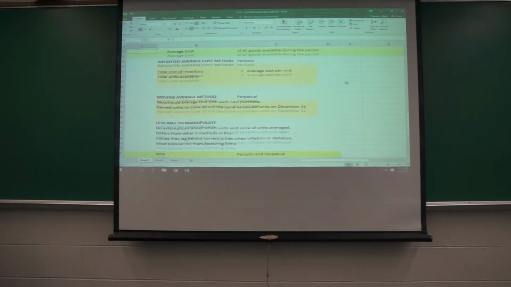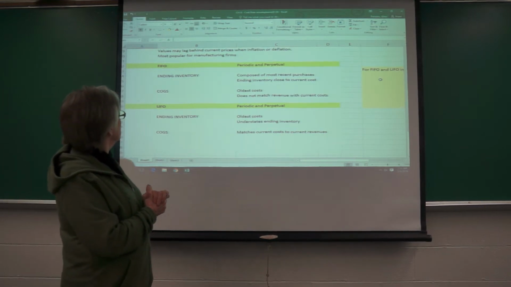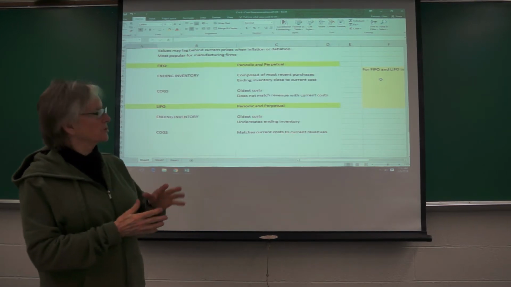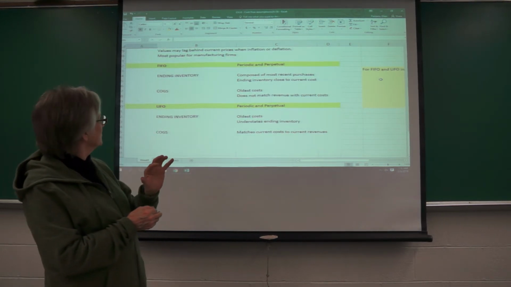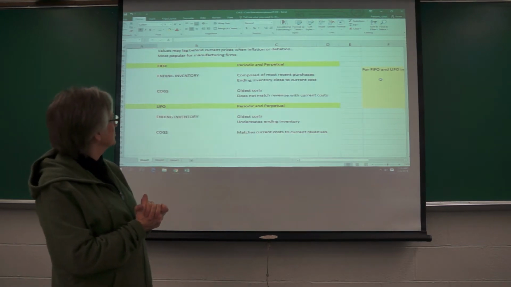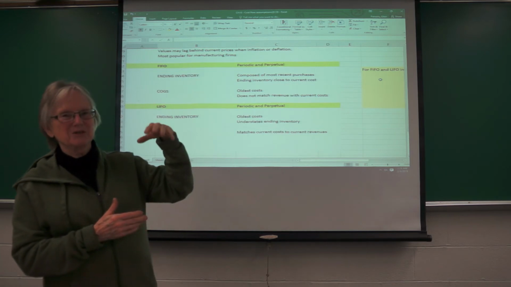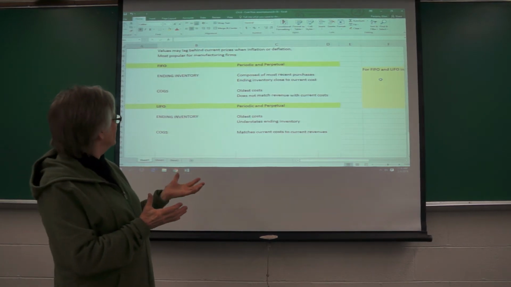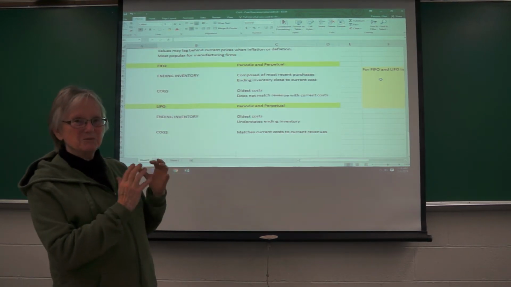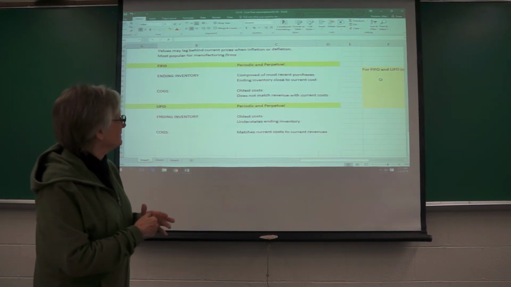The other assumptions we'll look at would be FIFO and LIFO, but let's start with FIFO. First in, first out. Your ending inventory is your most recent purchases. Your cost of goods sold will be the items that you purchased first. And then LIFO is just the opposite. Last in, first out. So your ending inventory is your most recent items, and your cost of goods sold are your oldest items. Okay, so